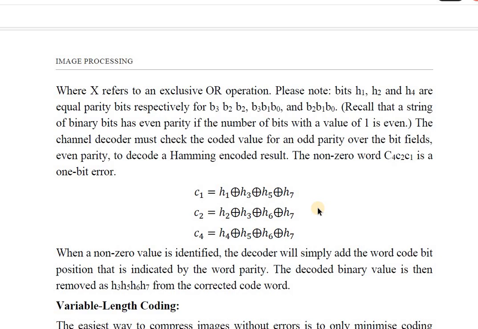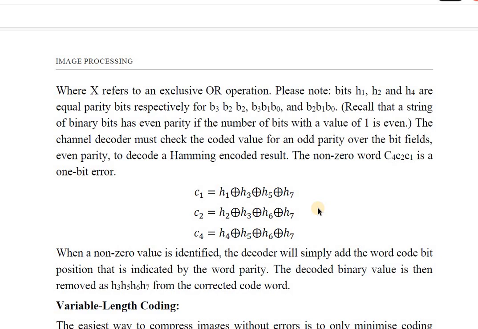And you can correct that error also. Whatever is the non-zero value that you are getting, exactly that bit you have to reverse. So if the non-zero value is 5, you reverse the 5th bit. Reverse means, it is binary data, so if it is 1 you make it 0, and if it is 0 you make it 1. And these things work with even parity and also with odd parity. What is even parity?